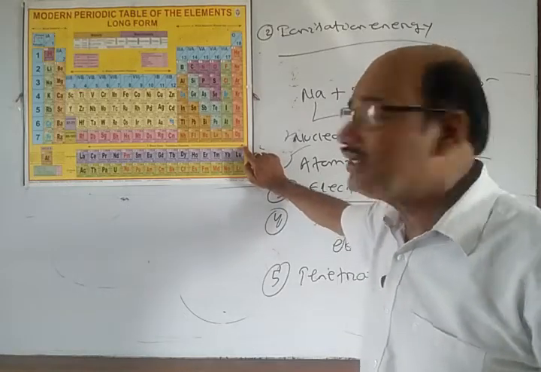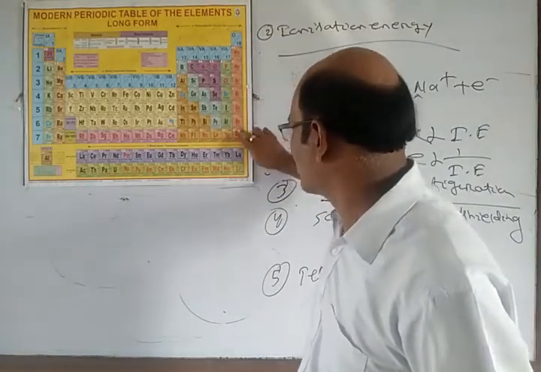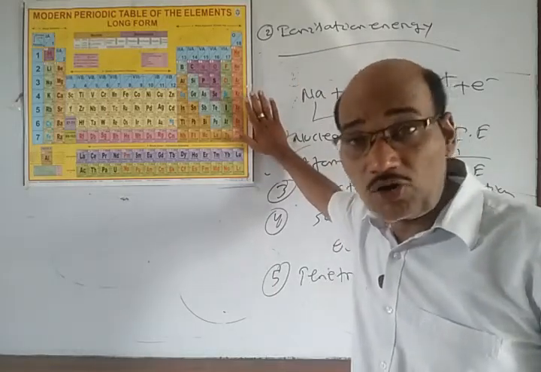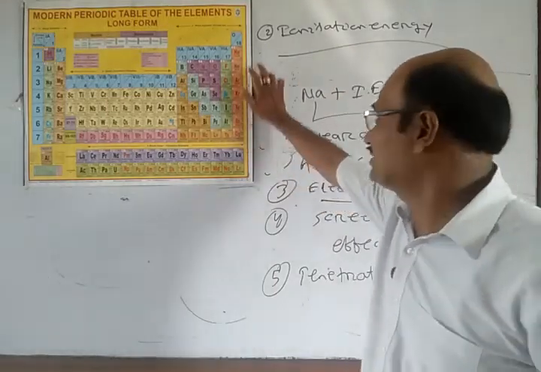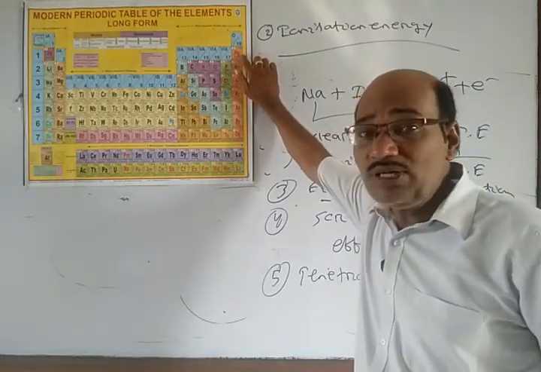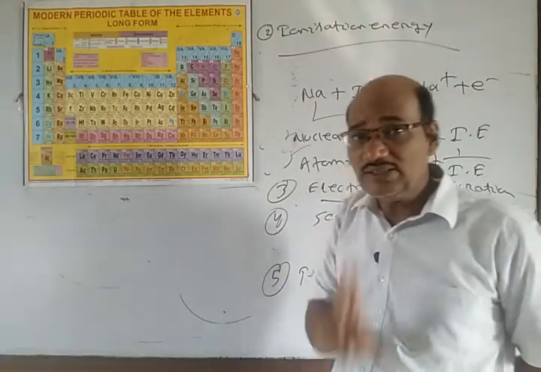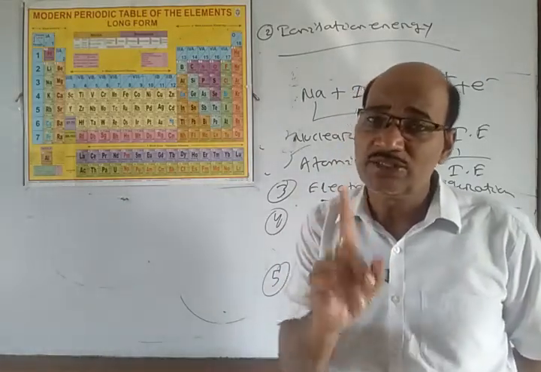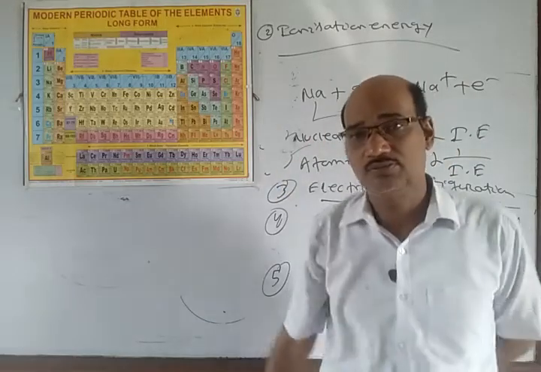That means all the elements here have the stable octet, as helium has a stable doublet. If we have only one shell and that shell contains 2 electrons, that is called stable doublet,